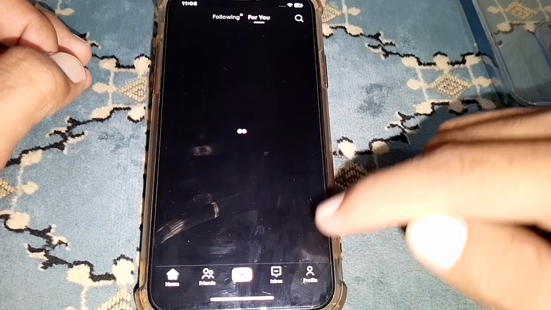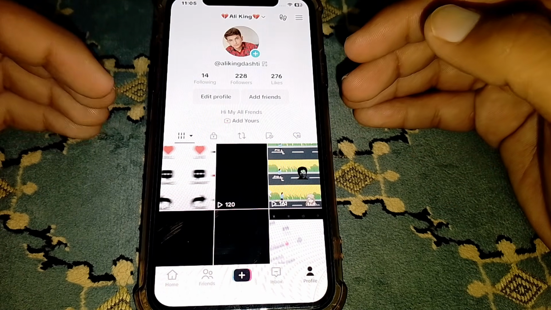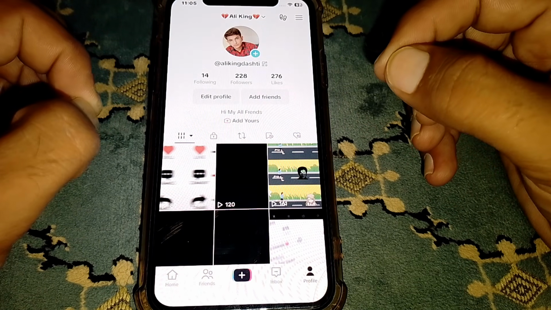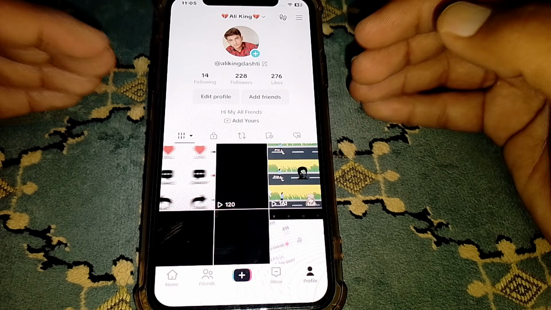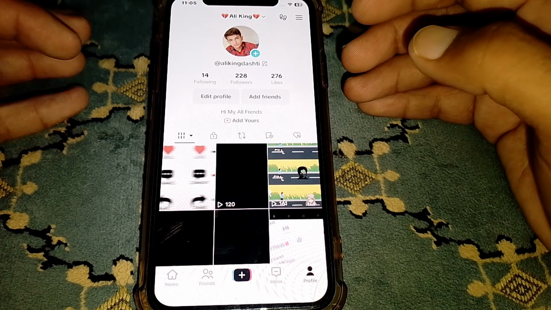Now tap on your profile. Let me show you here guys, you have to meet the criteria. So you have to have a minimum of 1k followers, and after that you can easily get the live option. And if you have 1k followers and it's still not working for you guys, then what you need to do